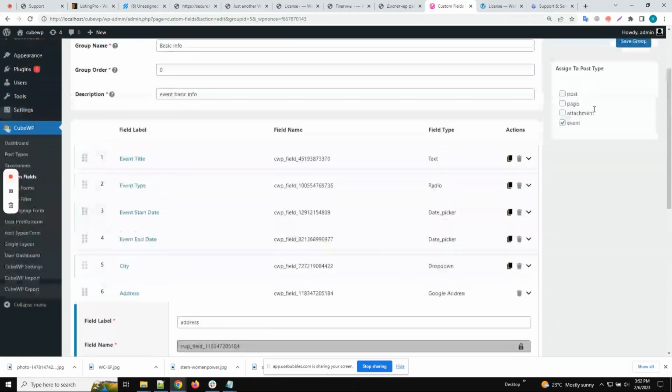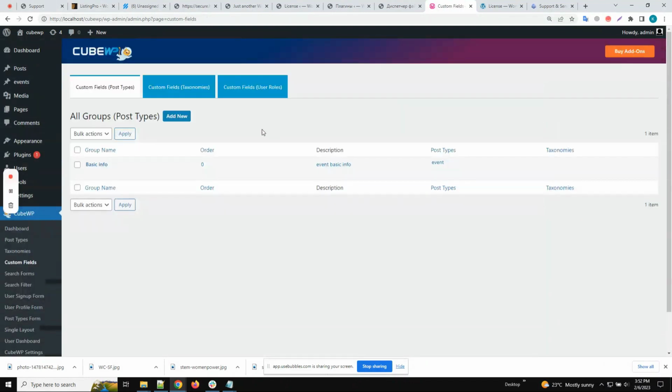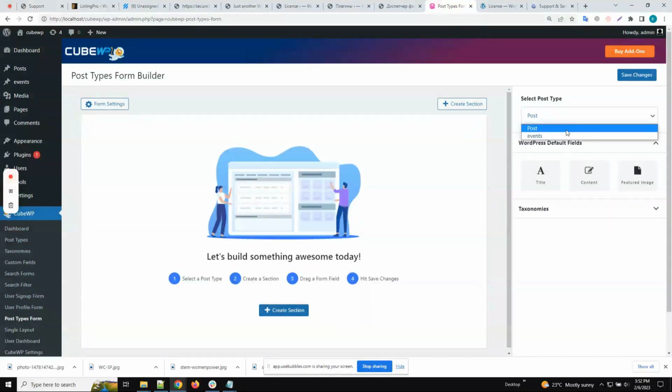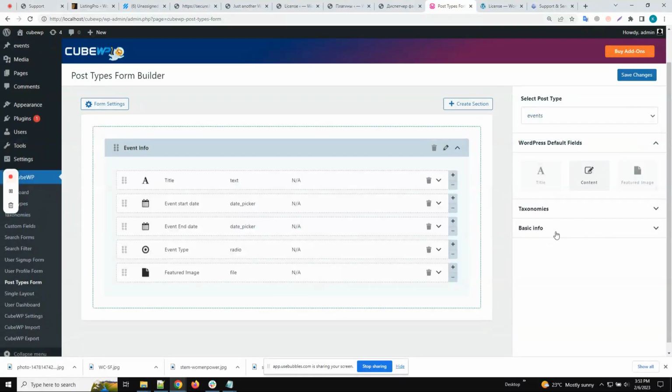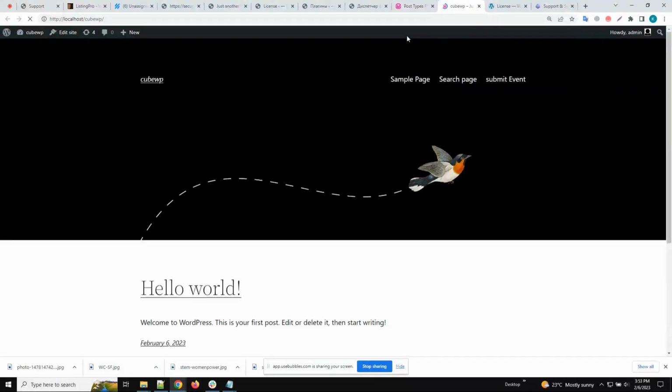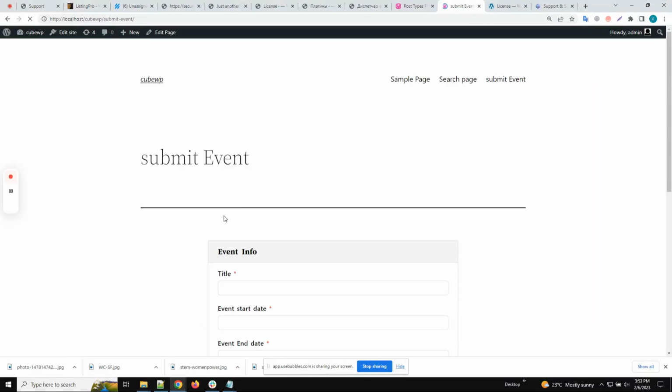All right, make sure the associated post type is selected, and then we can go to the post type forms, and here we'll select a post type and then drag a Google Map Address field from the basic custom fields, and then we'll save the form, and then we'll go on the front end